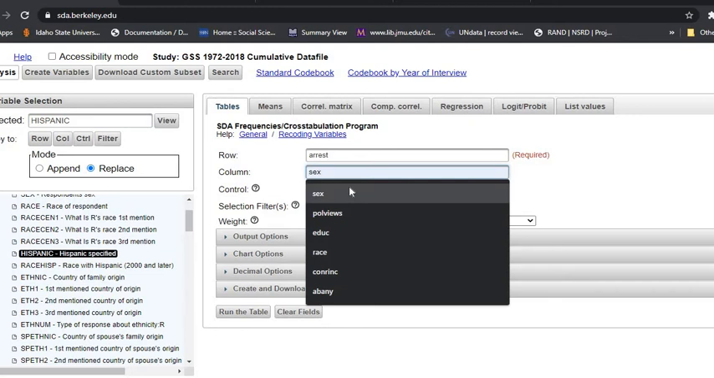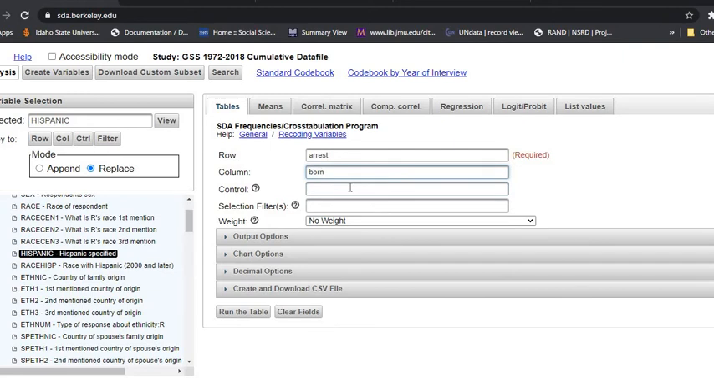Another one that occurs to me is you could do born. That one is whether or not you were born in this country or you're an immigrant, right? So that's a good one to do as well. If you're interested in politics, you could do polviews, and that's a scale, a range from extremely conservative to extremely liberal. And so you could look at the connection between political views and something else. So all of those that I just rattled off are variables that you want to put into the column. And so